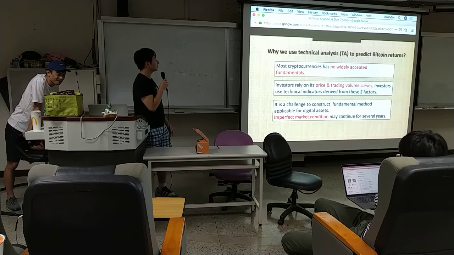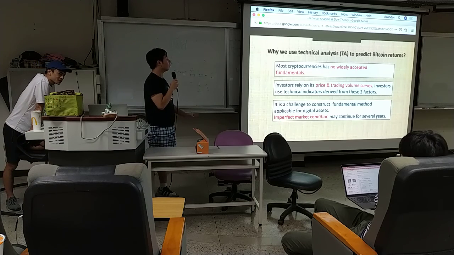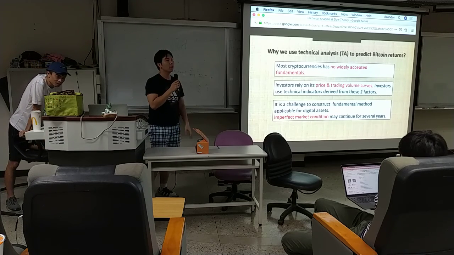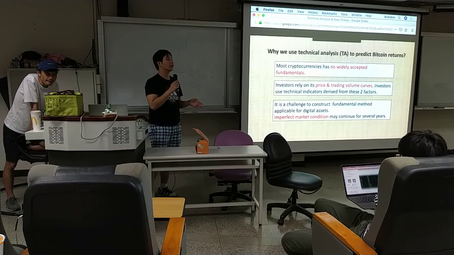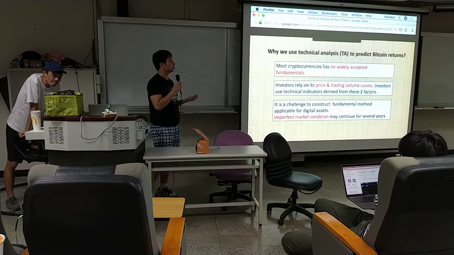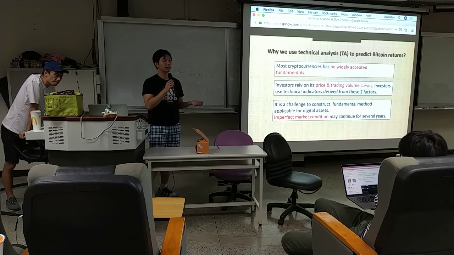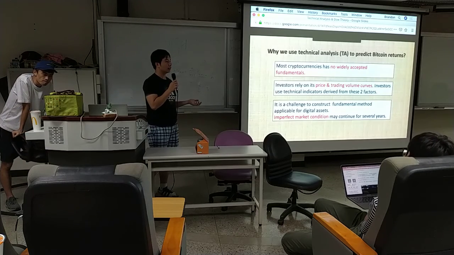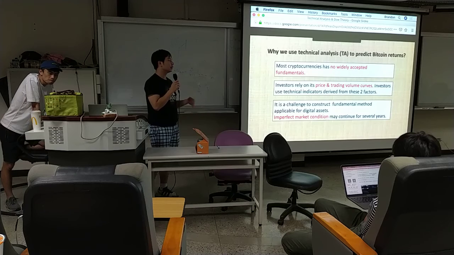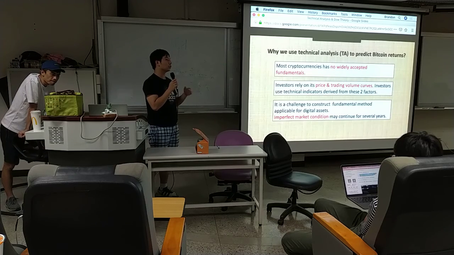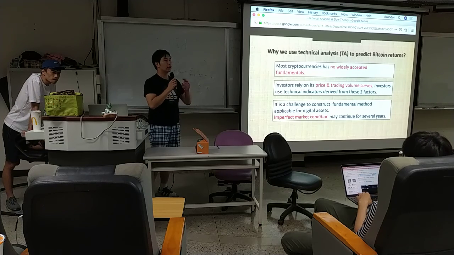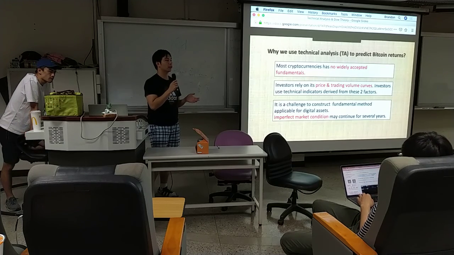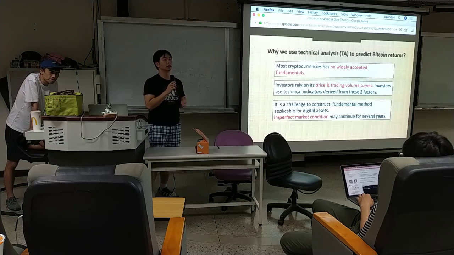So most cryptocurrencies have no widely accepted fundamentals. Not every cryptocurrency is like Bitcoin. They're actually very different. Some cryptocurrencies are made of foundations with a smart contract, some are made of stable coins, and they're all very different. So there are no standards for what a cryptocurrency should look like. Whereas Dow Jones and the stock market, they have a standard because